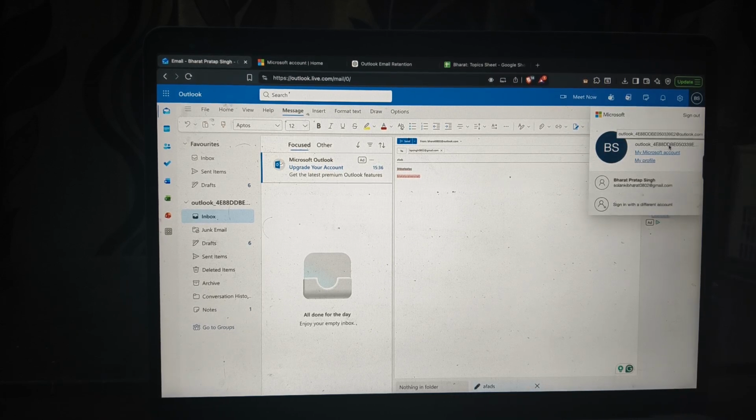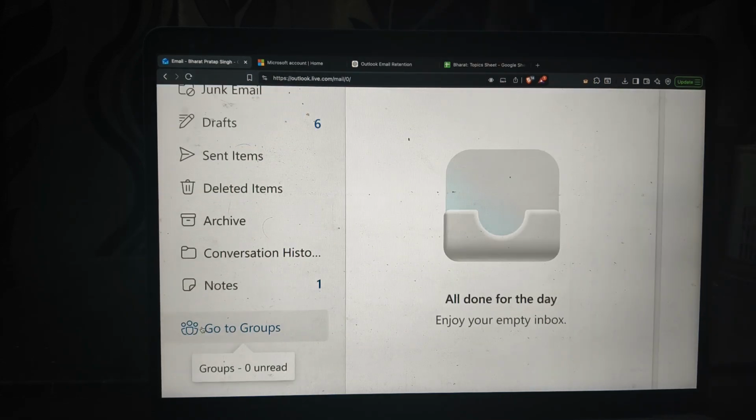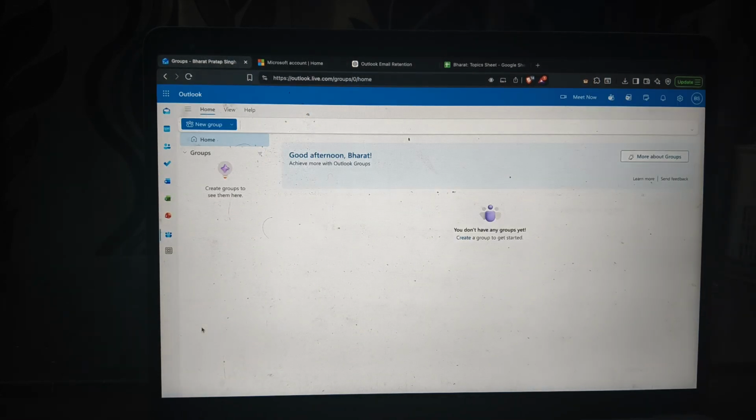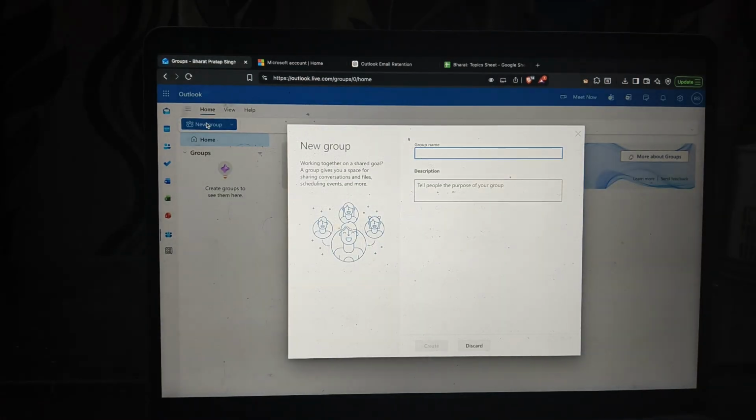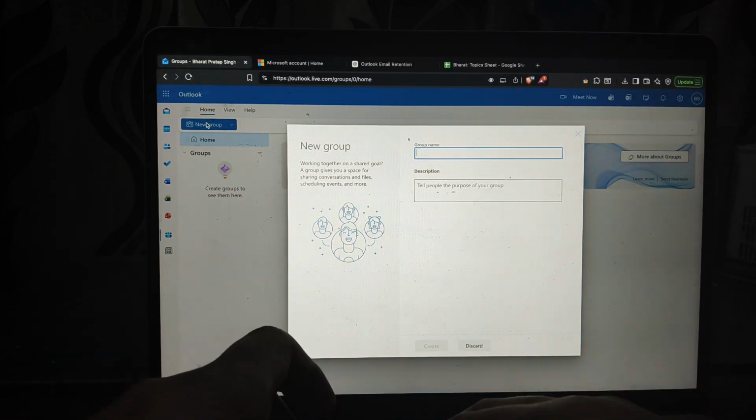Here you confirm that you are properly logged in or not. After that guys, here you see the option of go to groups, so you just click on go to groups. After clicking, you see the option of new group, so just click here, enter a group name, so we